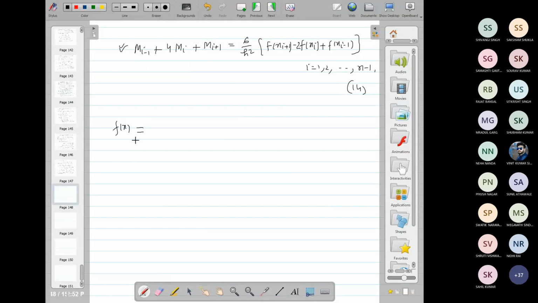The cubic curve for the ith interval will be 1 upon 6h, and here substituting the values of ai, bi, ci and di for h is equal to hi plus 1 is equal to hi. So we have the cubic polynomial 1 upon 6h